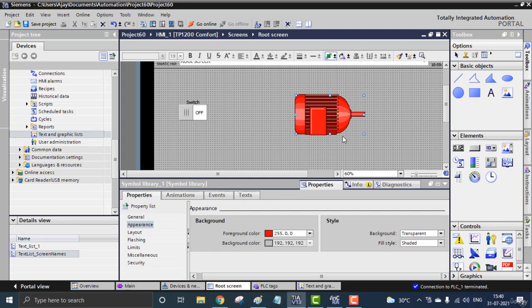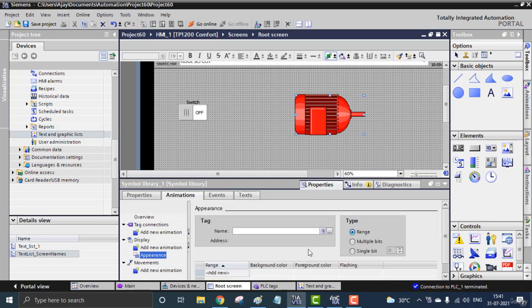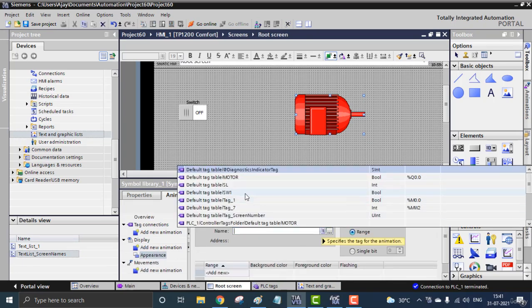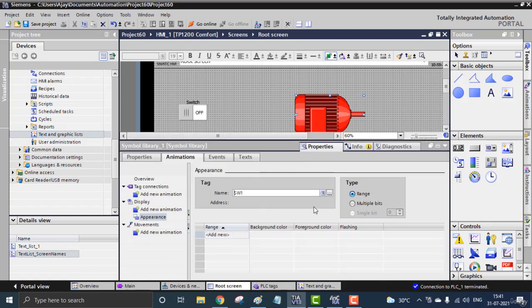When the motor is on, it turns green. So that's our need. I'm going to the animations right here, and you can see appearance. Inside the appearance you can see dynamize the colors and flashing. We can go to dynamize it. The tag will be the same tag for the switch I'm using, and the range should be at 0, the foreground color should be red.